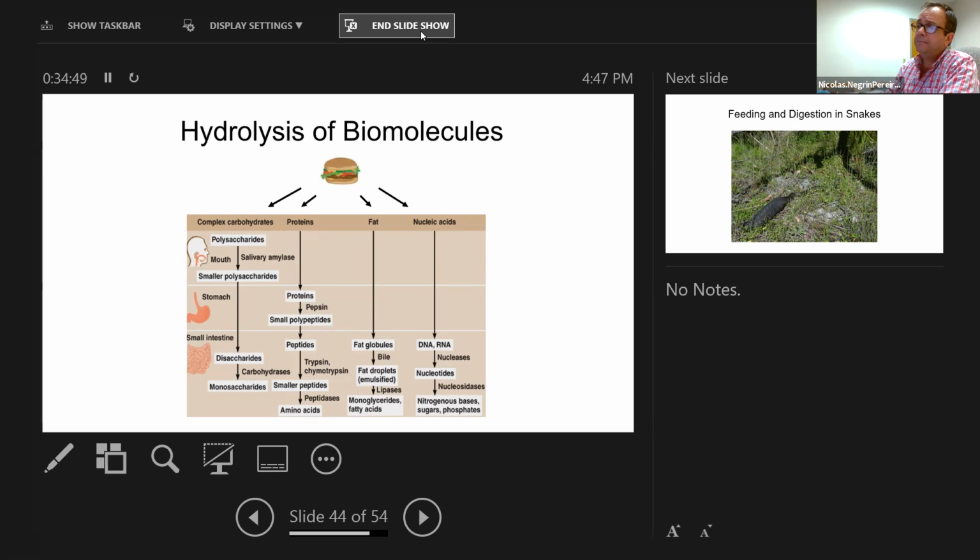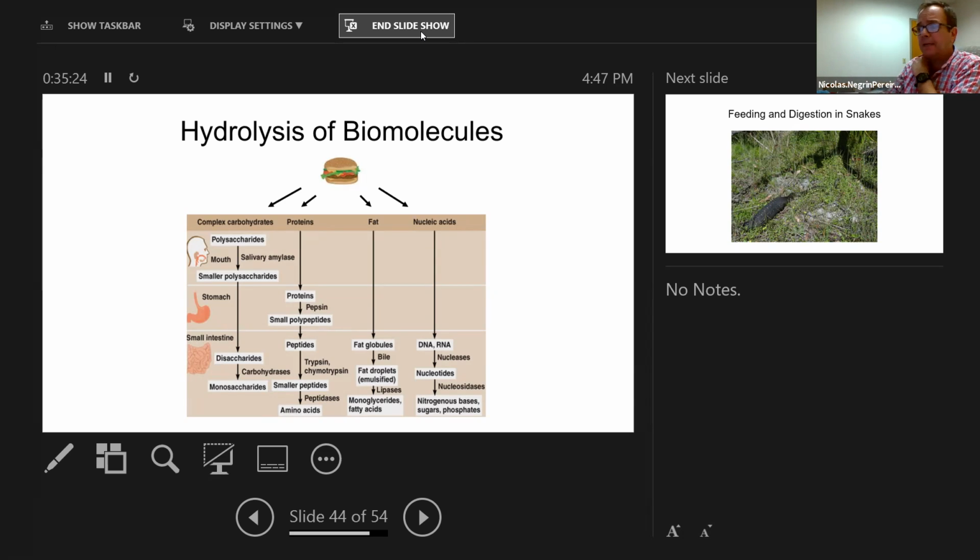Then in the case of fat, because of its composition, it is a much more complex digestive process. Normally we have the formation of fat globules thanks to the bile, which is going to emulsify. Remember, fat and water do not mix very well. For this reason, the bile salts produce what we call micelles, or very small, tiny drops of fats, which contribute to the digestion through lipases, and they are going to break down into monoglycerides and fatty acids, which are going to be absorbed through the